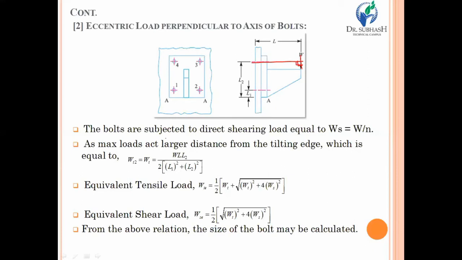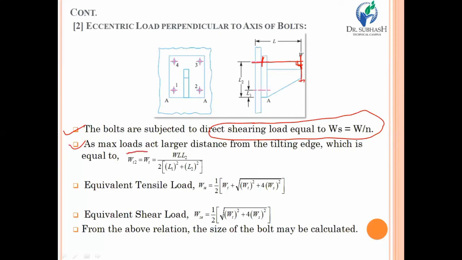So in such a condition, first of all, you need to calculate the shearing load, and that is equal to total load upon number of bolts. Because we all know that if you are applying load over here, increasing it, your bolt will fail in shearing. So this is the load and this is the shearing area. Both are parallel, so the failure will be shear failure. Once you have calculated the shearing load on each bolt, you have to calculate the maximum load at the bolt.